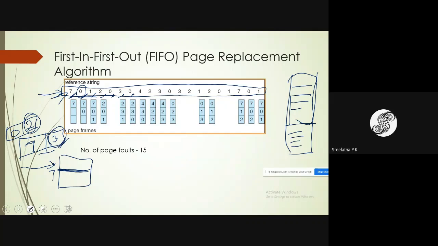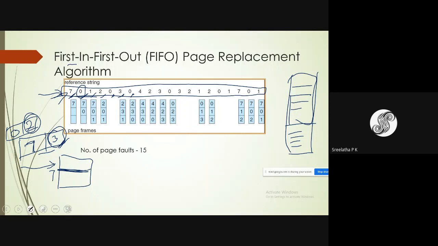You have understood this in the paging technique. So this reference string indicates the sequence in which the pages are referred by the processor.